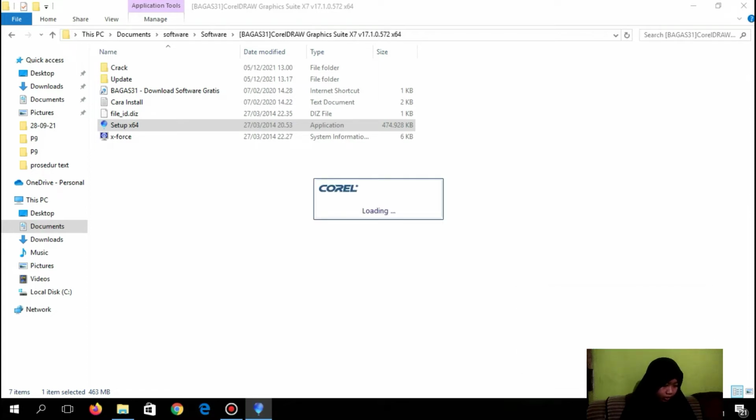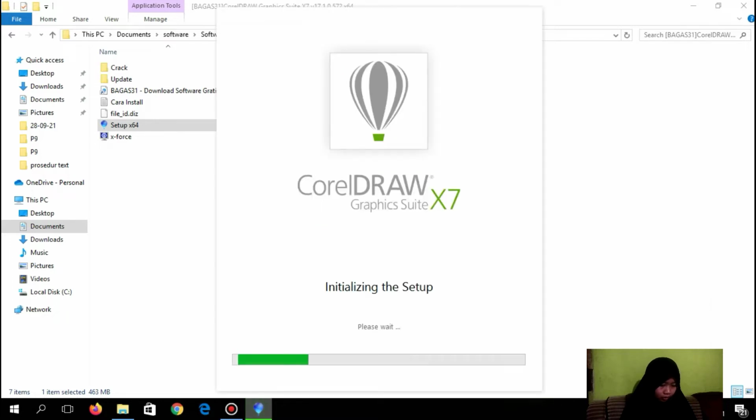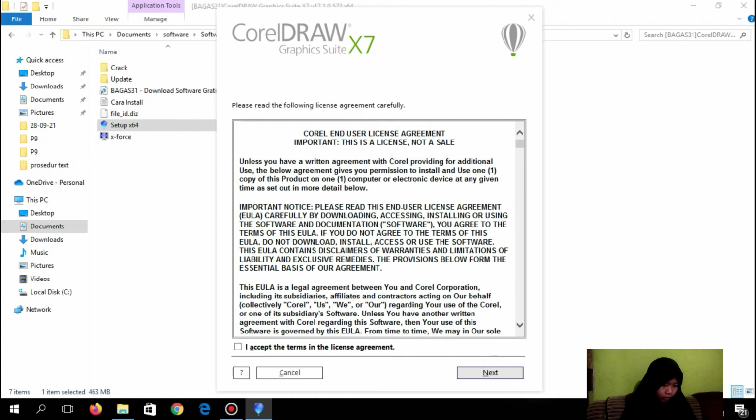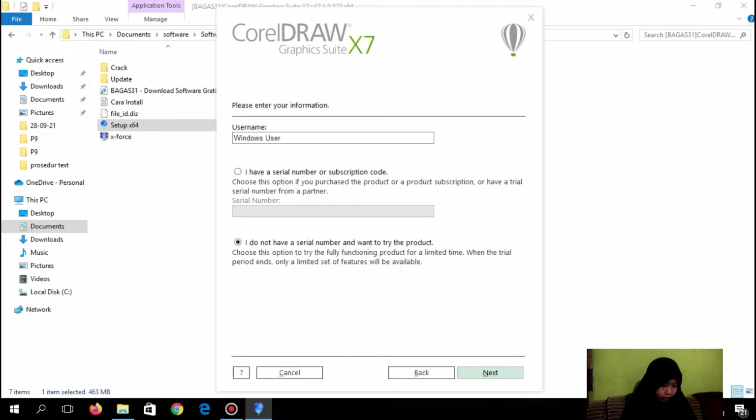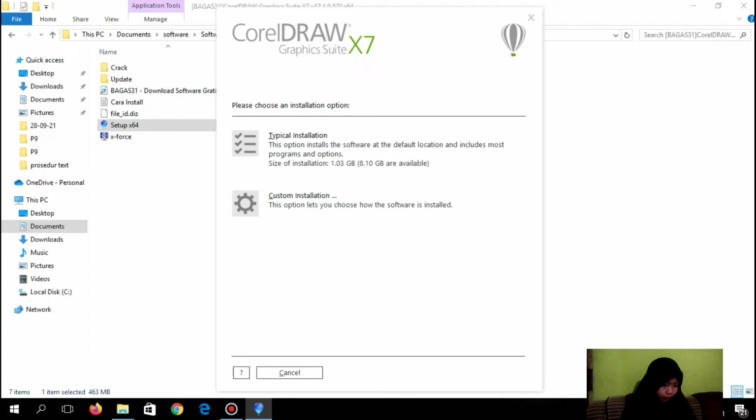After this, we click yes. We check the box to accept the license agreement. We click next. For this next step, a display like this will appear. We select custom